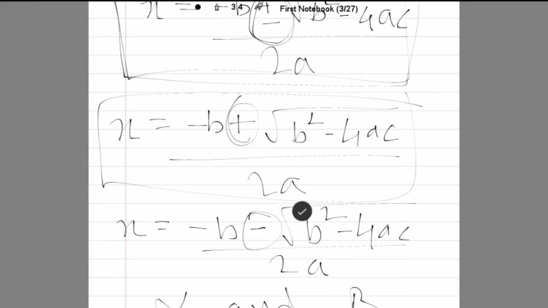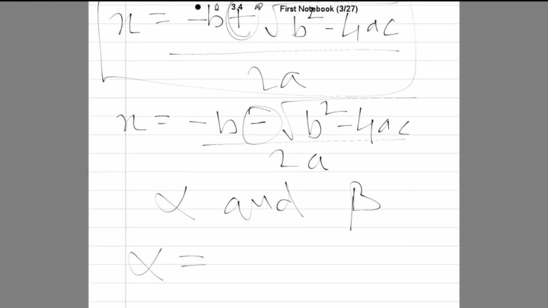So generally we consider that, but if it is said that alpha is less than beta, then you can just consider that alpha is equal to minus b minus root of b square minus 4ac upon 2a, right? And beta will be the opposite of that, that is it will have a plus sign here, right? So these are the two roots we can say of that given equation, that is alpha and beta. If we substitute this alpha and beta in the given equation, it will satisfy the equation, right? We will get the equation value to be 0. So this is a simple formula which we can use for finding the roots of the equation.